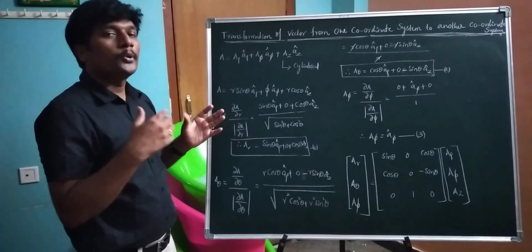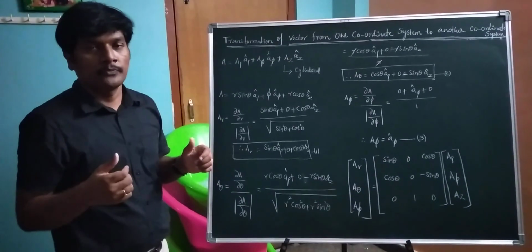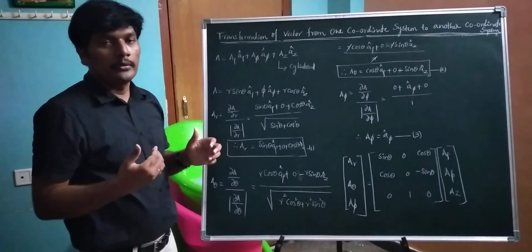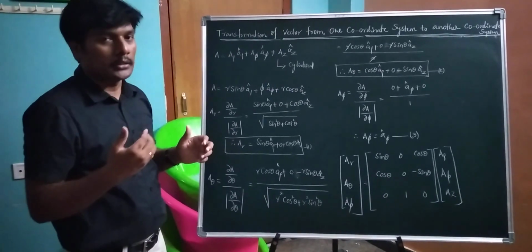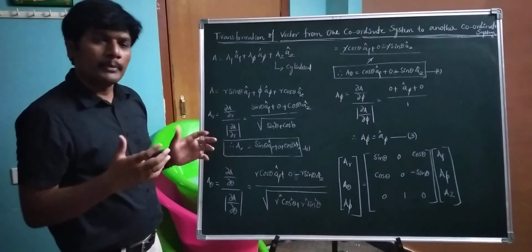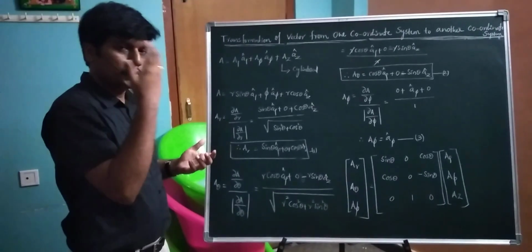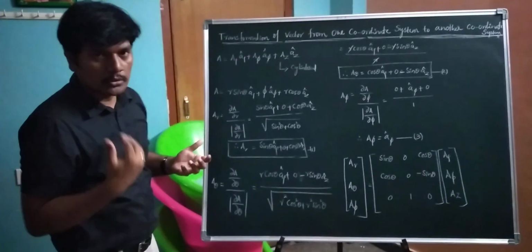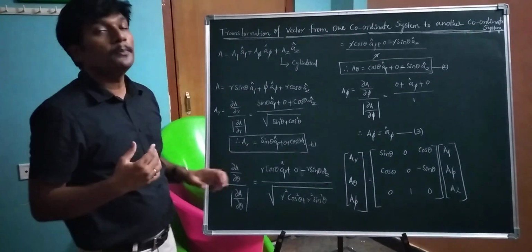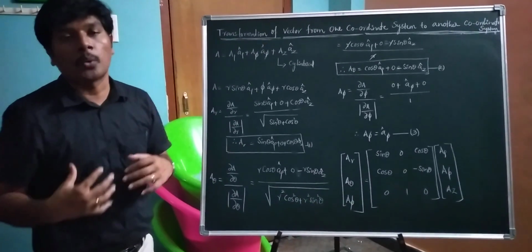The φ component is the same in cylindrical coordinates as well as in spherical coordinates. The ρ component can be represented in terms of r and θ, where ρ equals r sin θ, z equals r cos θ, and φ equals φ. So φ is the same. φ is the azimuthal angle which is used in the cylindrical coordinate system as well as in the spherical coordinate system. That's why these components can be expressed in terms of the parameters used in spherical coordinates.